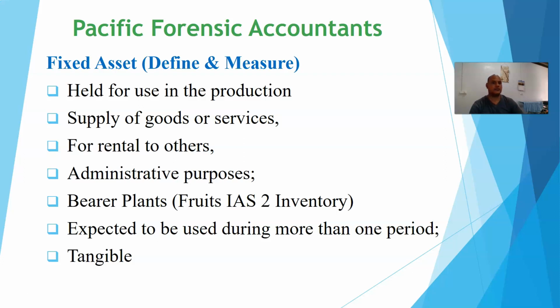Secondly, it helps with the supply of goods and services. So if a motor vehicle is used to transport lawyers to court, or to transport tax accountants to visit tax clients, accounting clients, for example, if they are used in the supply of goods and services for that company, organization, or institution, then it is also defined to be an asset.